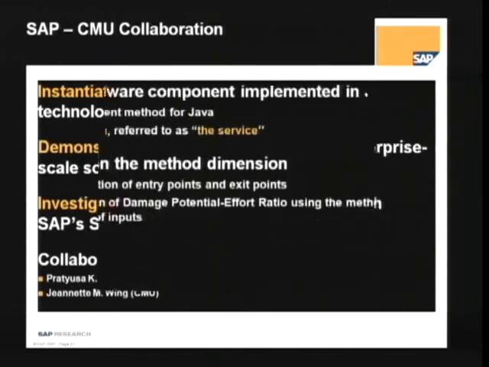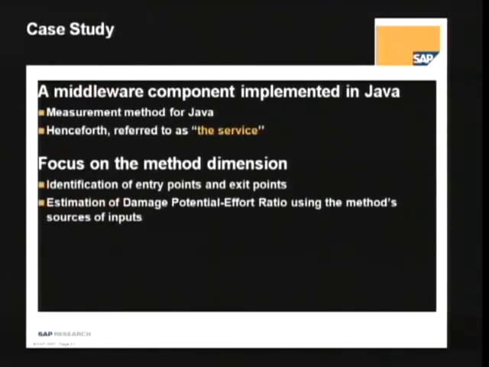So this was the goal of the collaboration, and we took a middleware component, which we now call the service. What we did is we developed a methodology. It's a kind of instantiation of this abstract methodology for Java, because if you want to apply this abstract method in different languages and environments, you have to adjust it a little bit, tune it to the language and